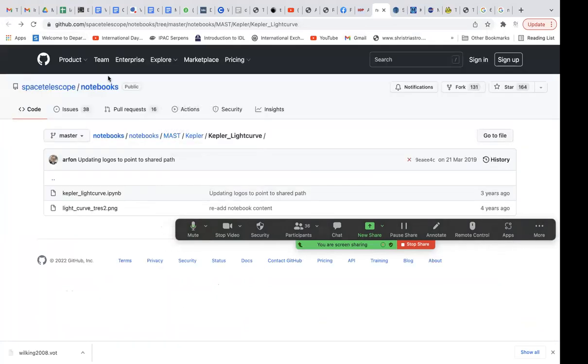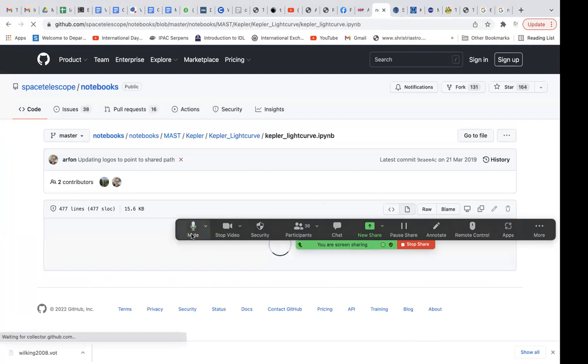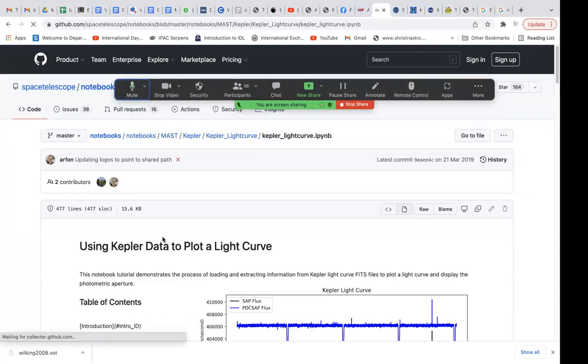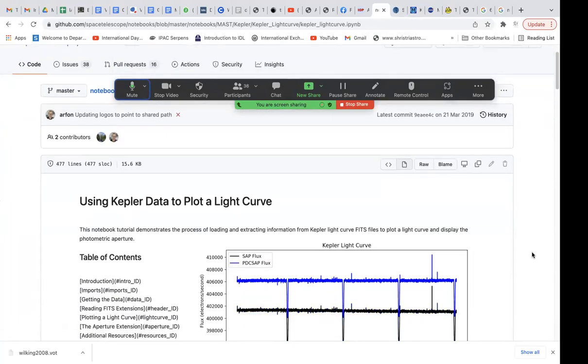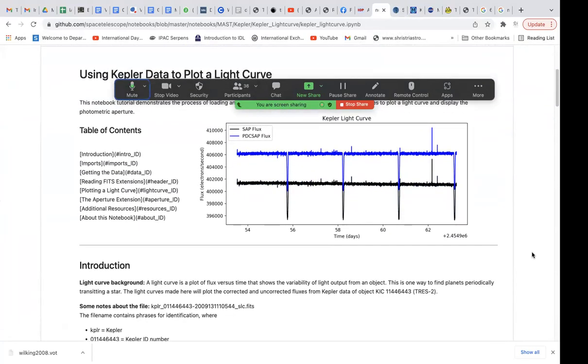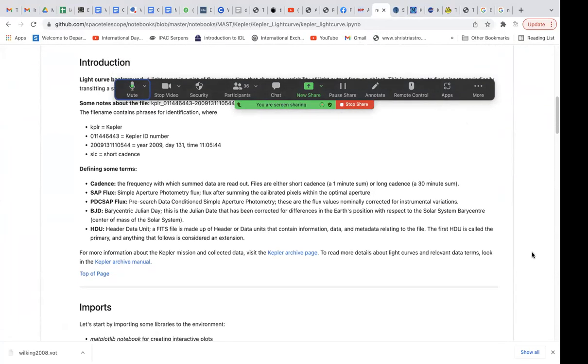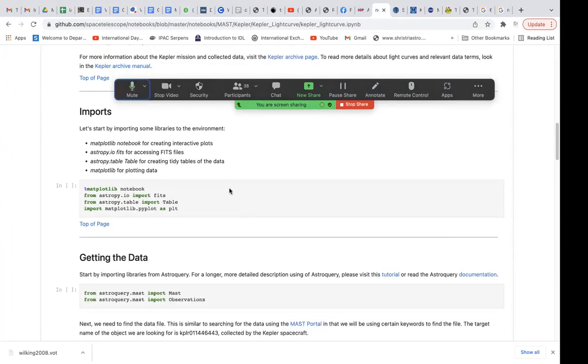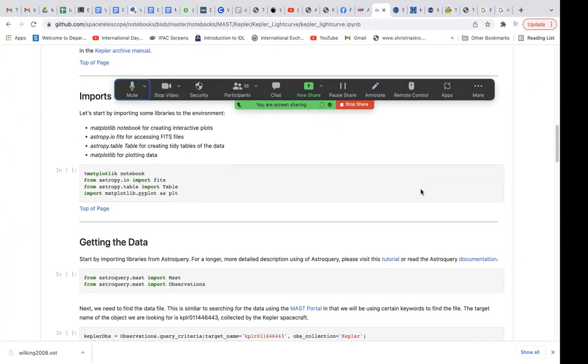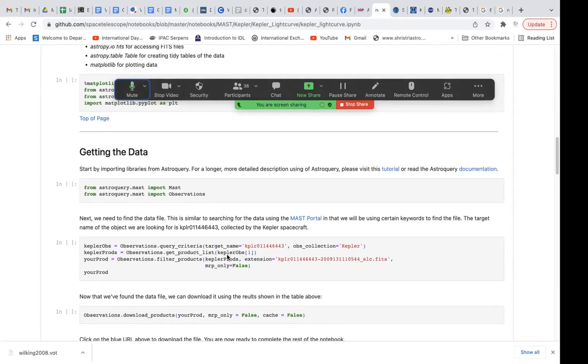Okay, this is just an example of how you would write your Python notebook. If you want to use Kepler data, I can even send this to you, but you can try doing it. You have to see how you will import the data. You will download the data the way I showed you, or if you want, you can query Kepler data using AstroPy and AstroQuery. We had a session on AstroQuery in the